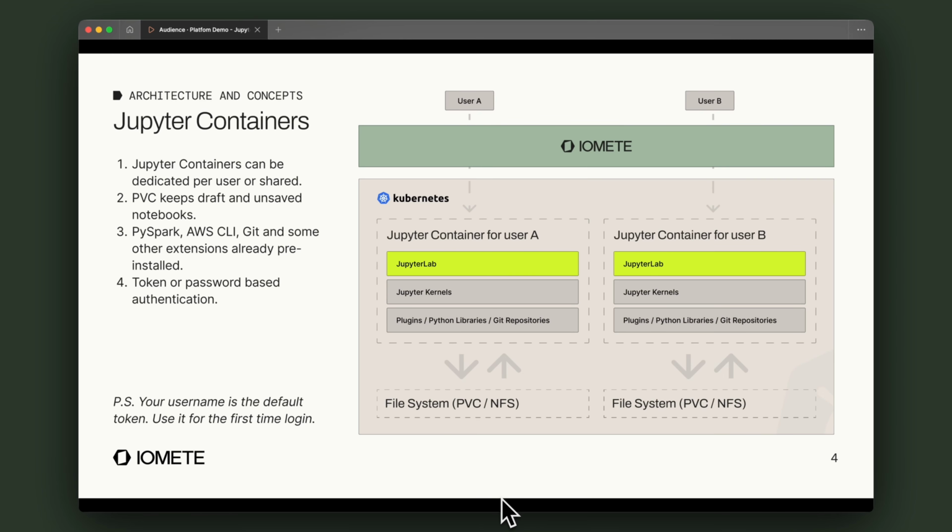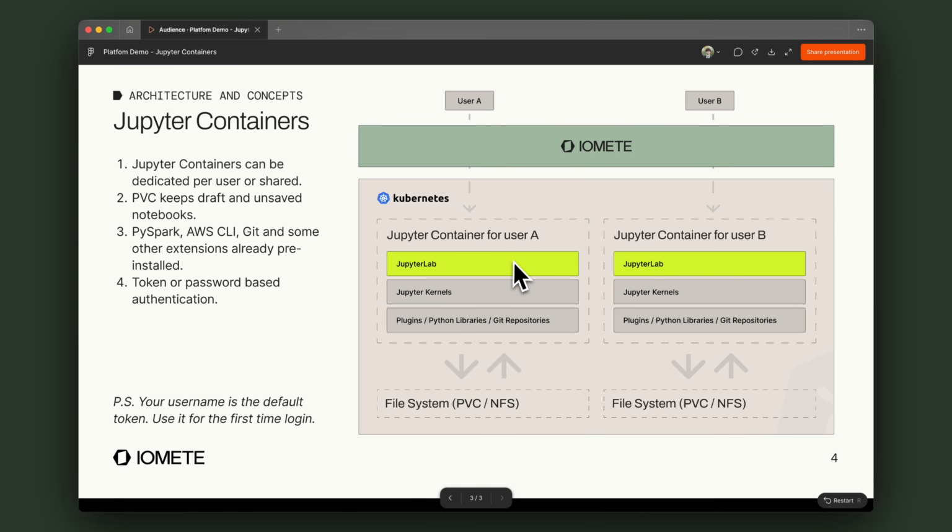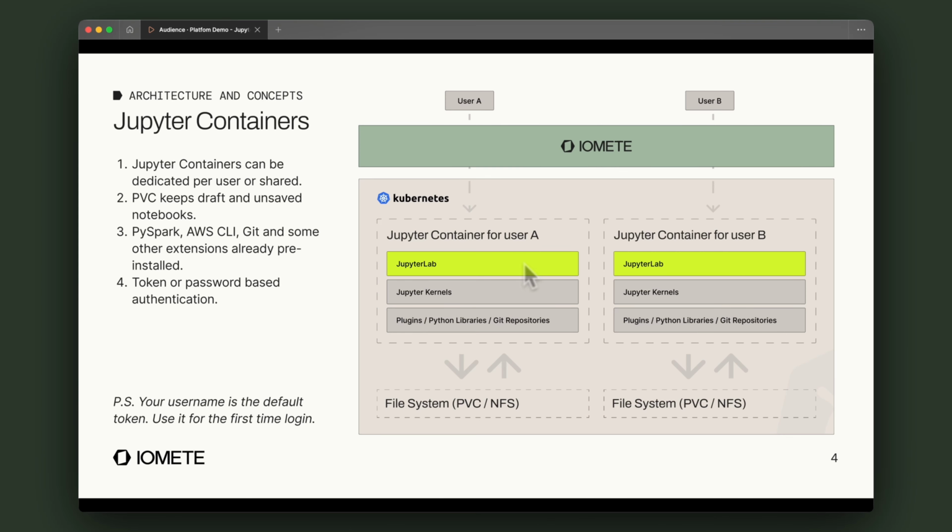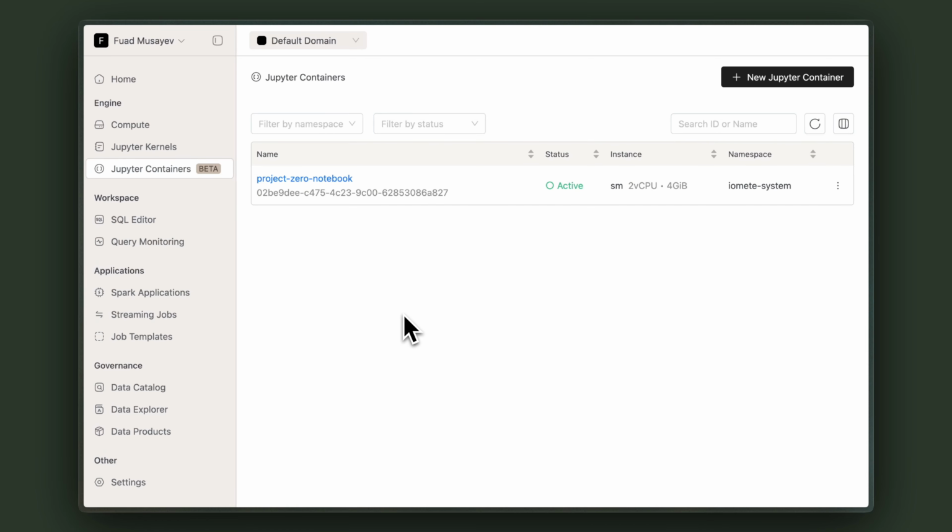Jupyter Container is, familiar to most of you, Jupyter Lab, which comes with the most necessary plugins and CLI tools installed in it. And it's usually dedicated to each teammate. Now let's jump into the IOMETE UI. Now we're in the UI. Let's hit the new button at the top left